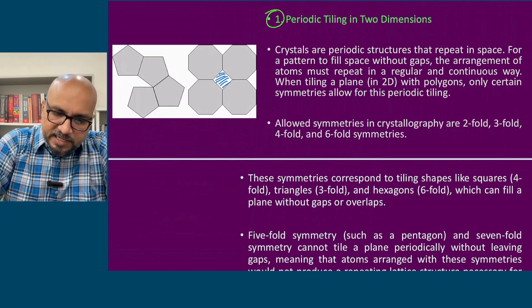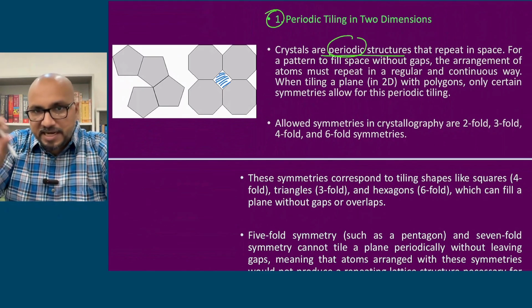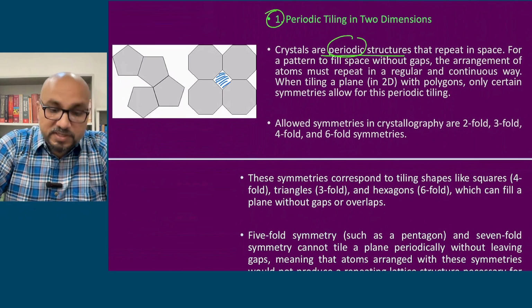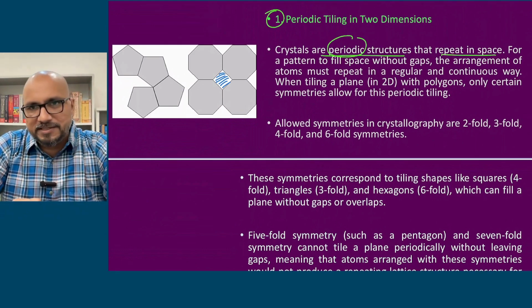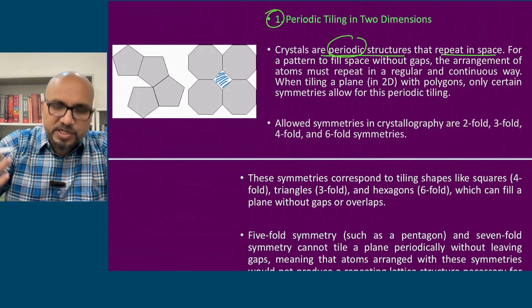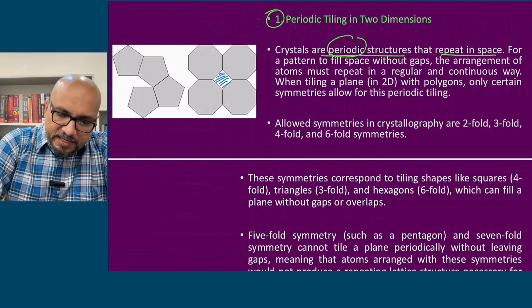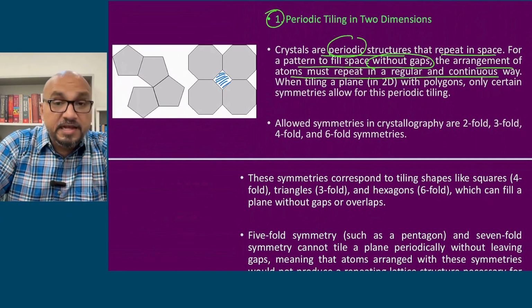So crystals are periodic structures, that means repetition हो रहा है, unit cells are repeated in the crystal lattice. So crystals are periodic structures that repeat in space. Okay, this is how you start. So for a pattern to fill the space without gaps, the arrangement of atoms must repeat in regular and continuous